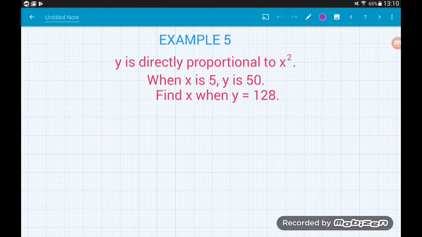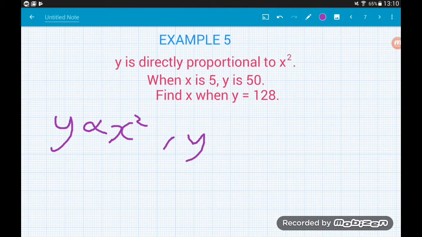Okay, so even though we've got x squared instead of x, we just play exactly the same game. So let's first of all write down the proportion. So we know y is directly proportional to x squared. Cool. So the equation that we would use is y equals k times x squared. So we've got our general equation. Now we need to find the exact equation. So we use the initial conditions. So we know that when x is 5, y is 50. So if we substitute that in, we get 50 is equal to